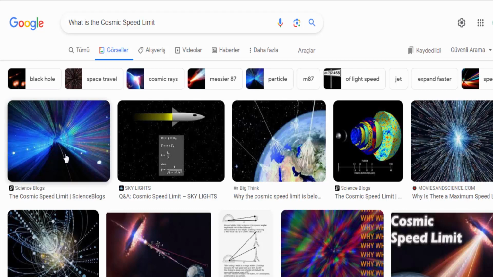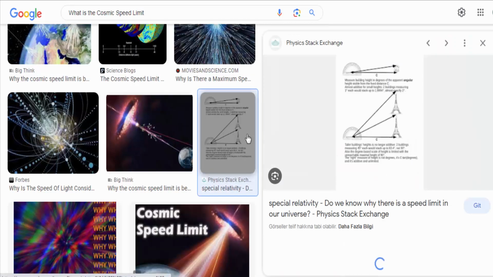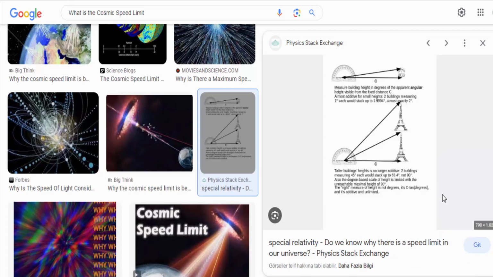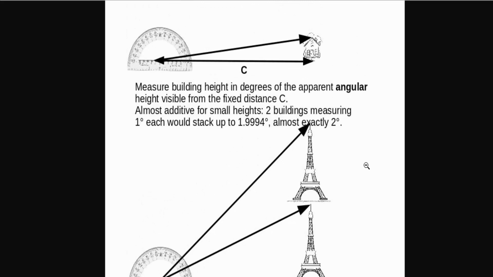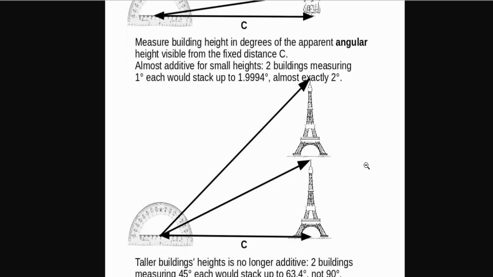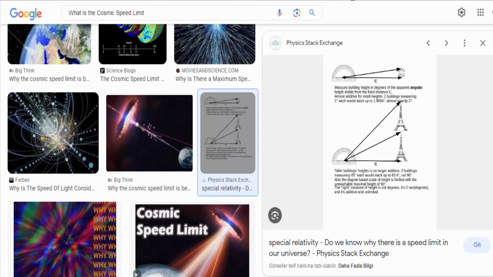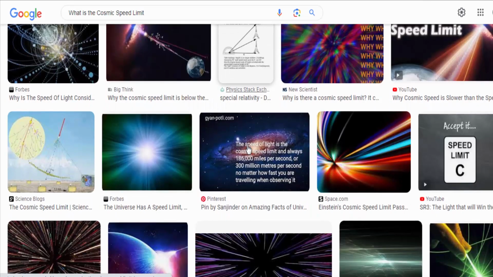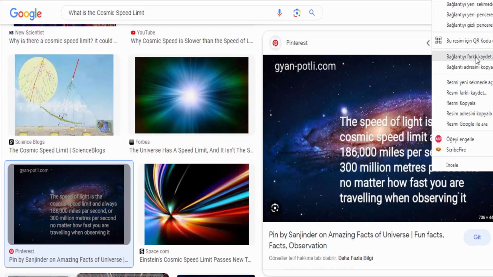The cosmic speed limit refers to the maximum speed at which information or physical objects can travel in the universe. According to our current understanding of physics, this speed limit is the speed of light in a vacuum, denoted by the symbol c. The speed of light in a vacuum is approximately 299,792,458 meters per second, or about 186,282 miles per second. It is a fundamental constant in physics and plays a crucial role in Einstein's theory of